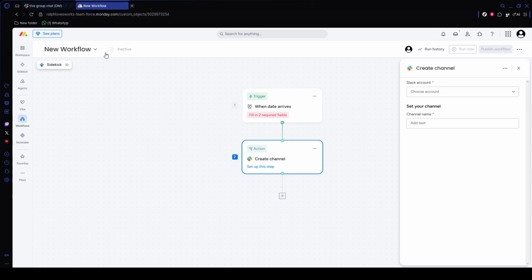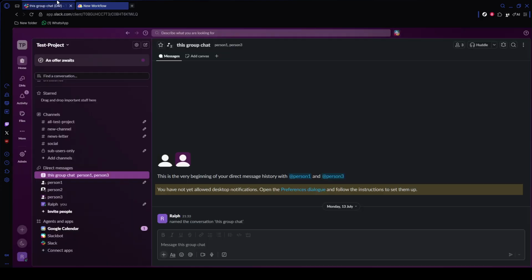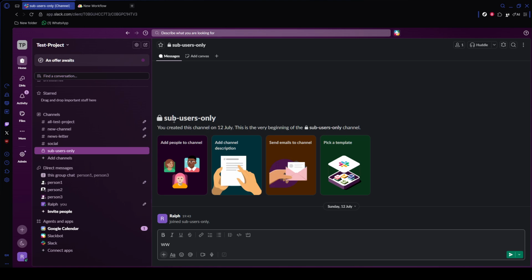If you plan to send notifications to a private Slack channel, there's one extra requirement. Open Slack, go to that private channel, and invite the Monday.com app to join the channel before expecting alerts to work. This ensures